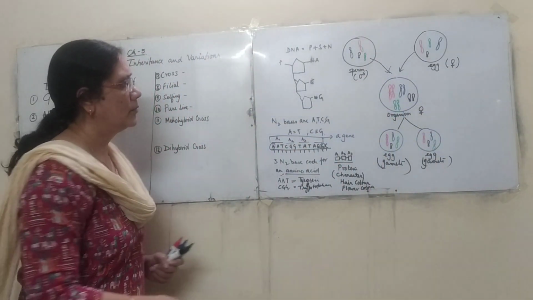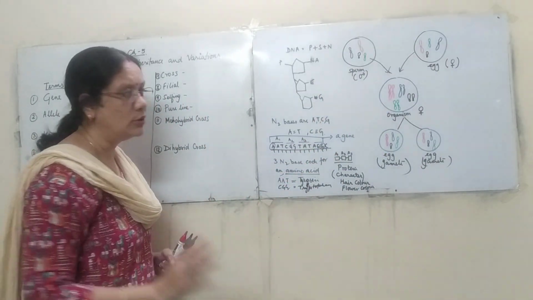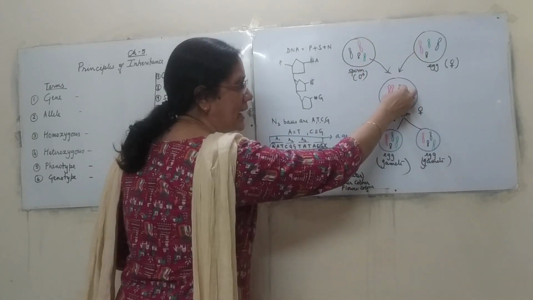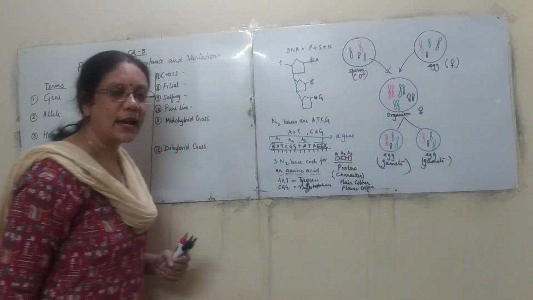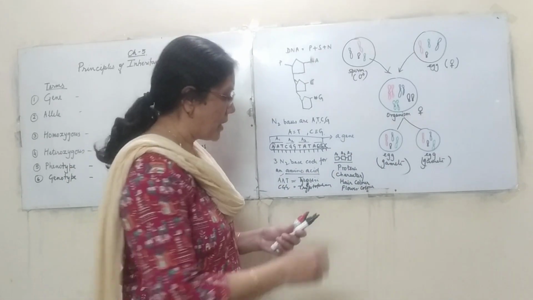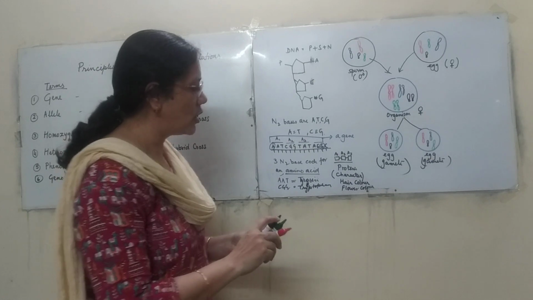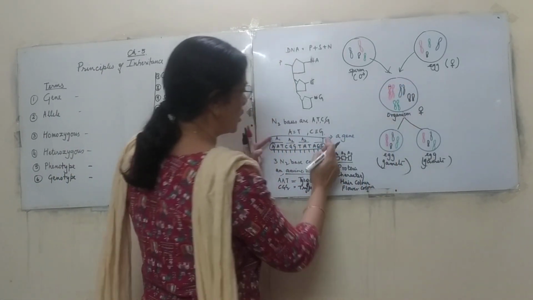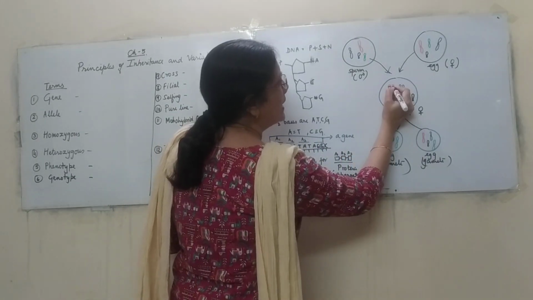Now, we have understood this part, that is the gametes. The gametes unite to form the organisms, and from the organisms again we get the gametes. Now in the chromosome, let's take the red chromosome. Here there is the presence of a gene. I am talking about this gene. This gene is present here also and it is here also.